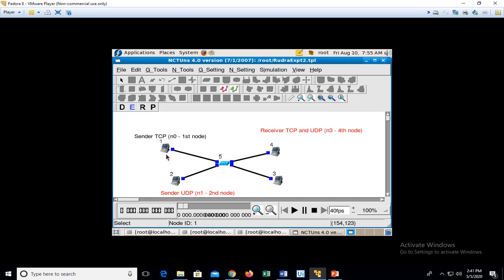So this first node will be sending information to the fourth node, which has the IP address 1.0.1.3, and the second node will also be sending data to node 4, the fourth node. Now we have assigned the IP addresses. Now we have to configure them.